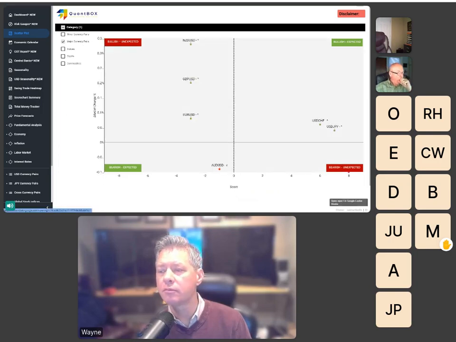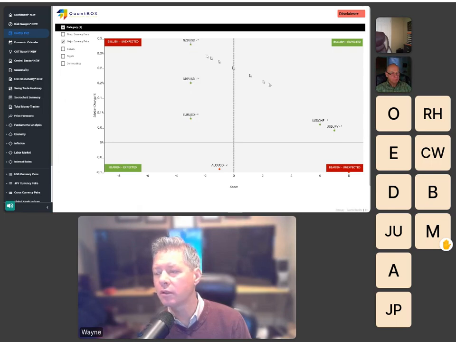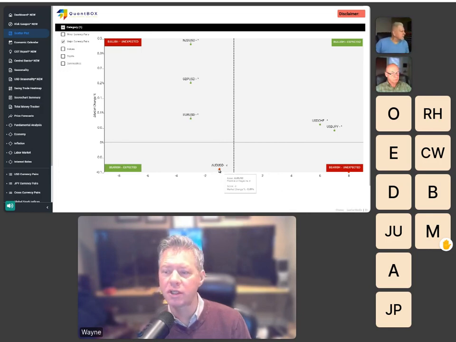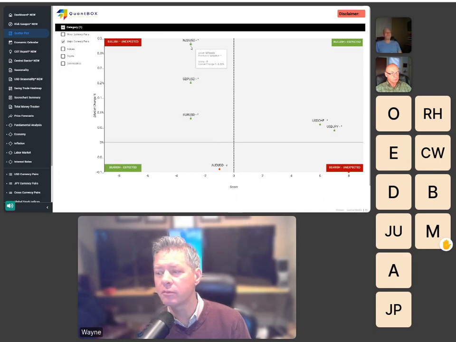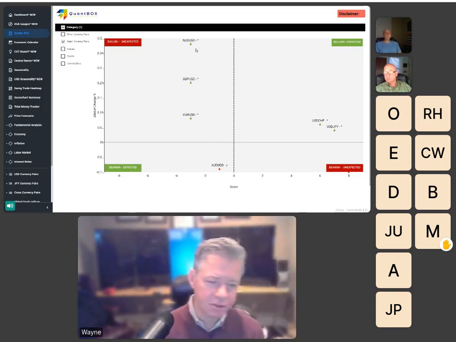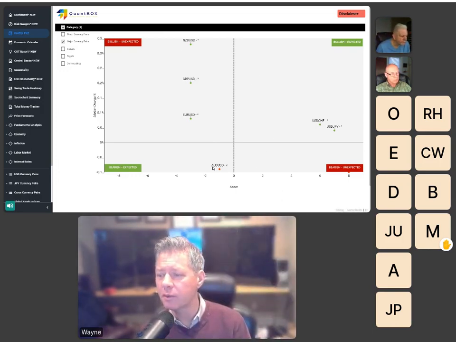Look at majors. Dollar weak, dollar weak, dollar weak, dollar strong, dollar strong, dollar weak. Wow. Well, dollar strong in this case. So what do we know from this? Well, many of these key assets show dollar weakness, but Aussie dollar is down. Therefore, Aussie is weaker than the dollar, weaker than euro, weaker than pound, weaker than Kiwi. Maybe you should be looking at selling Aussie. Maybe you don't like Aussie today, huh?